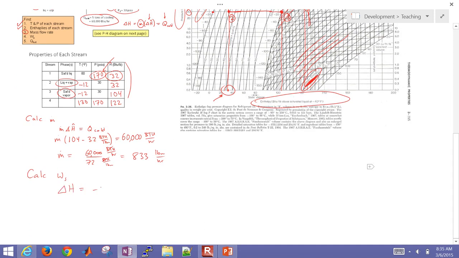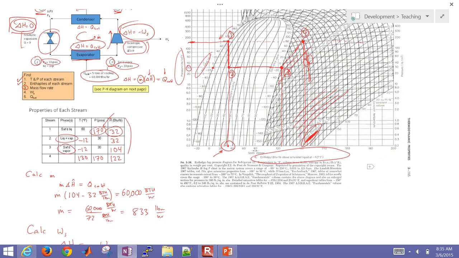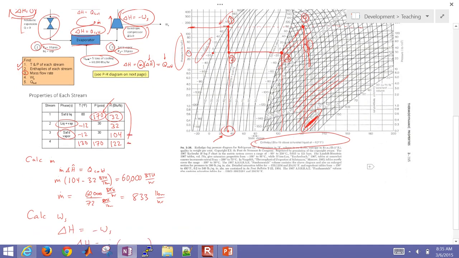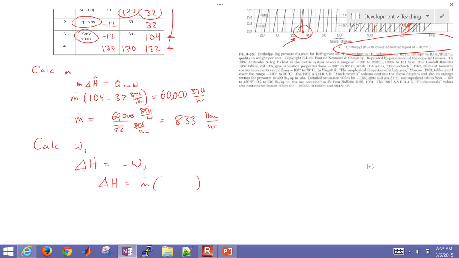Delta H equals negative WS, but delta H equals m dot times, okay, now let's look at our difference. It's going to be the specific enthalpy of 4 minus the specific enthalpy of 3. Okay, so the difference between those two right there. Okay, so that's going to be 1